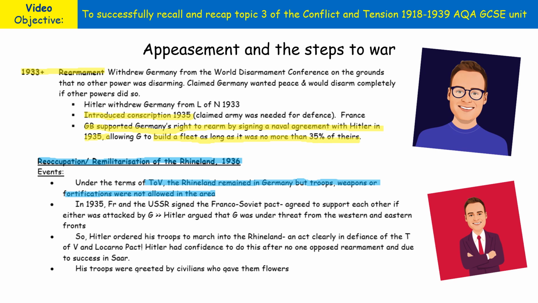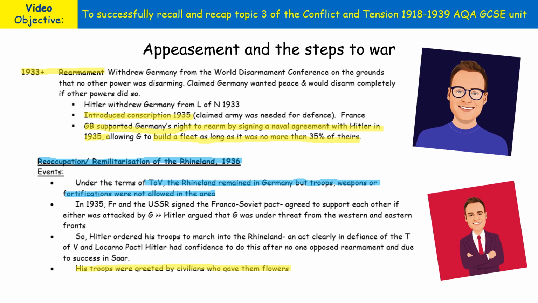So France and Britain essentially allowed Hitler to do this. However, had they attacked Germany, then the German army at this time wasn't strong enough to really fight back against them. And Hitler even admitted that had France and Britain done this, then he wouldn't have been able to reoccupy